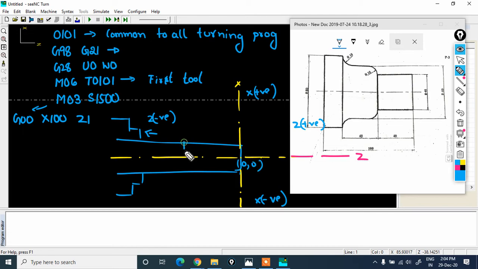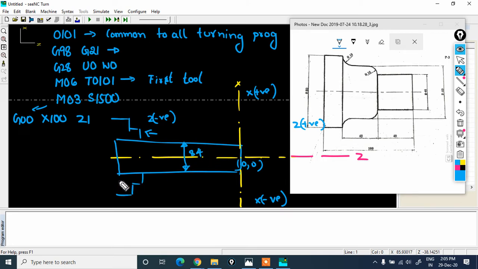And what is this? I have to define my initial blank. What will be the length and what will be the diameter? So diameter, 80 is there, right? So we may not get the exact 80, because we need to give some finishing, so I may get 84 or 85, something like that. Done.